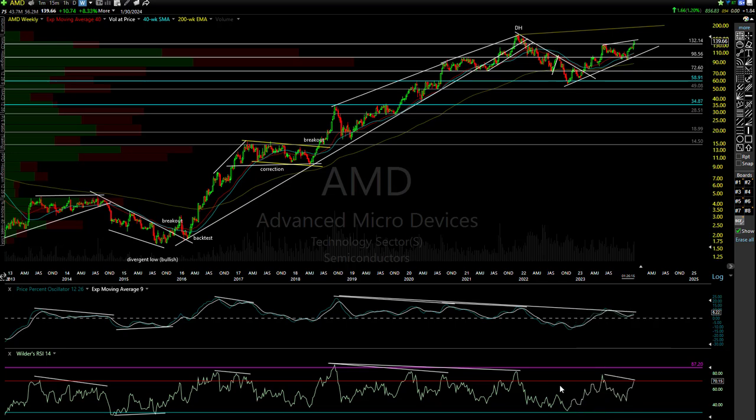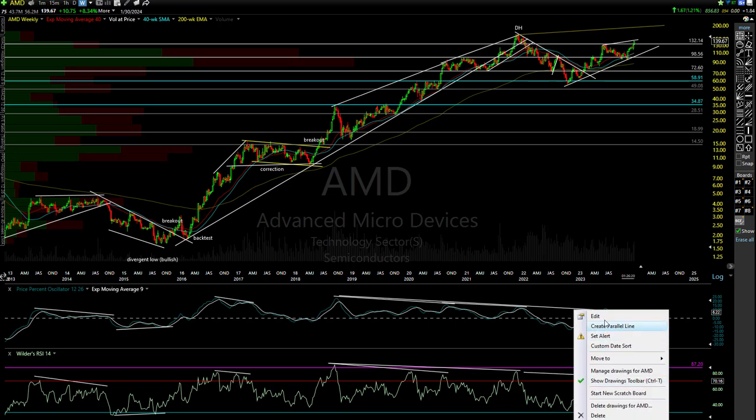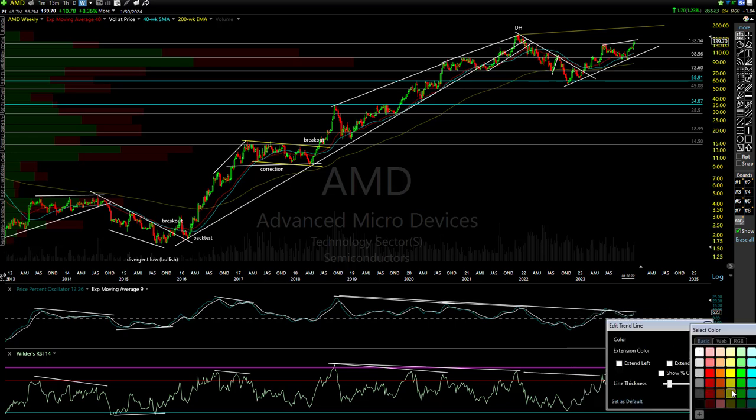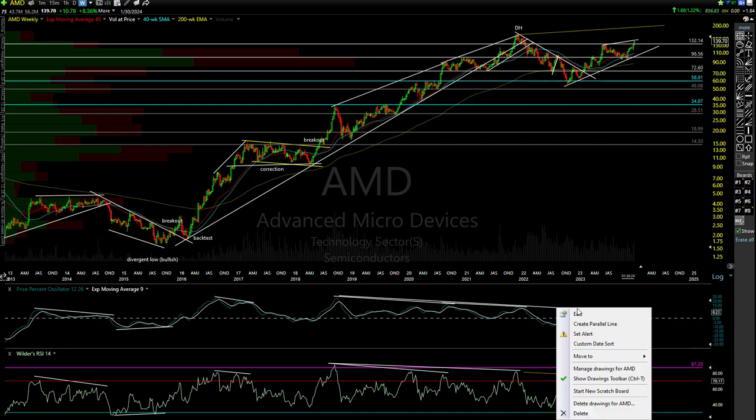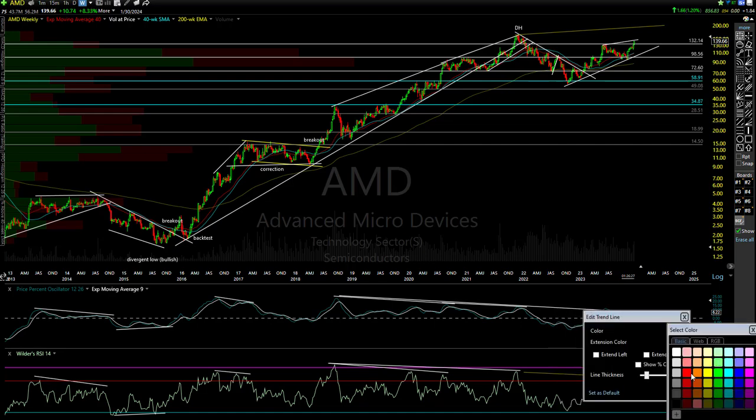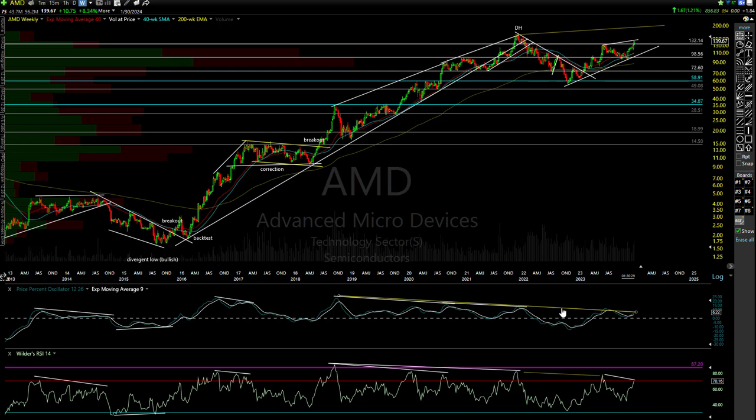So I'm going to take that off. Well, you know what? I'll put that back. I'll just make it that yellow color just to kind of remind me that if these guys power into 2024, then the top isn't coming as soon as I thought, but still indicated that it's likely coming.